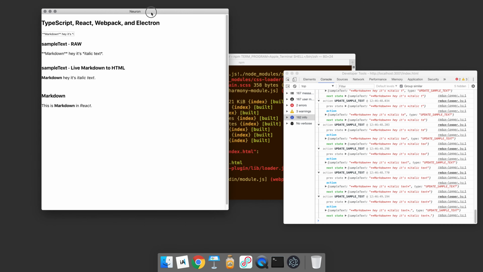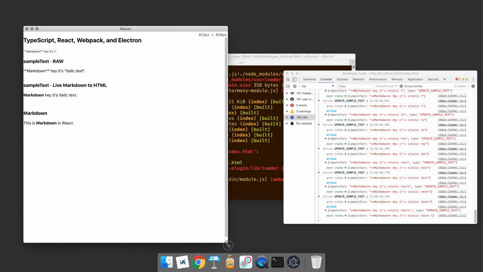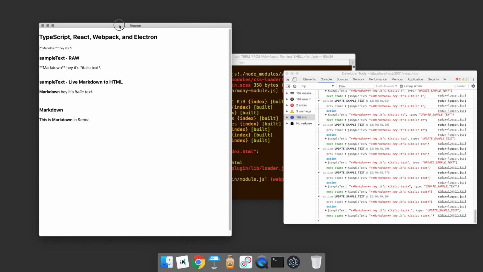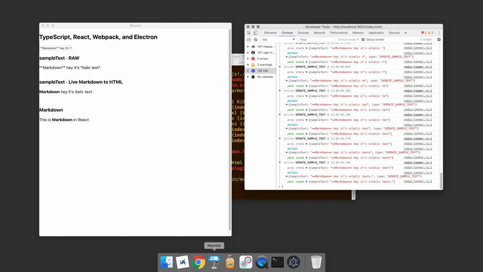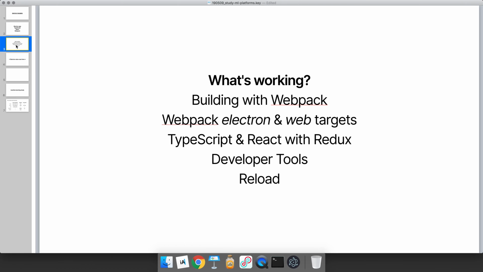So the purpose of this is that Electron is going to allow us to build standalone applications that, maybe using HTTP or WebSocket protocols, we can integrate directly with Revit, but we can also have some functionality standalone. And what's important here is that off the shelf, by just using this template, we're getting a lot of things. We're building with Webpack, we're building for Electron and also web targets,